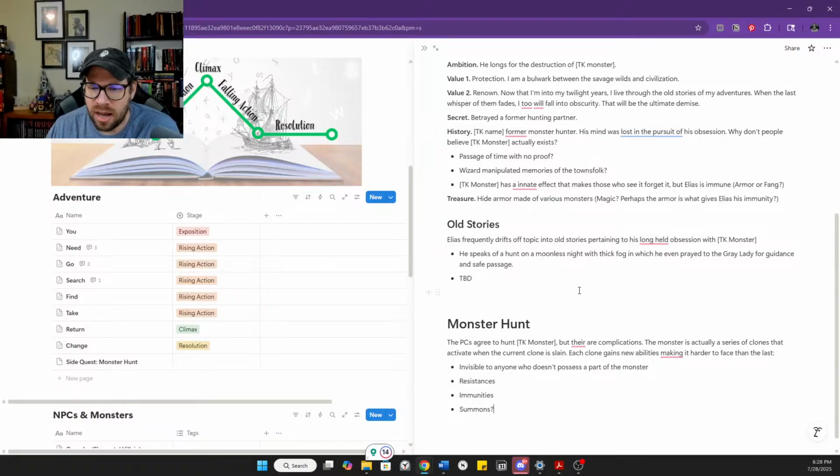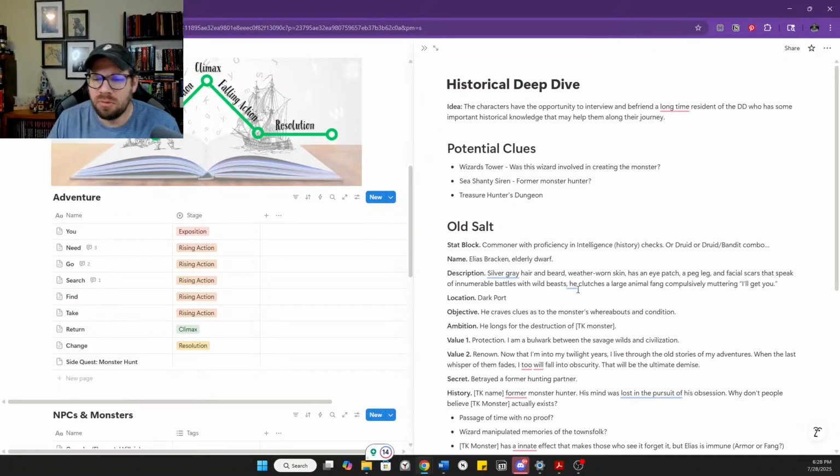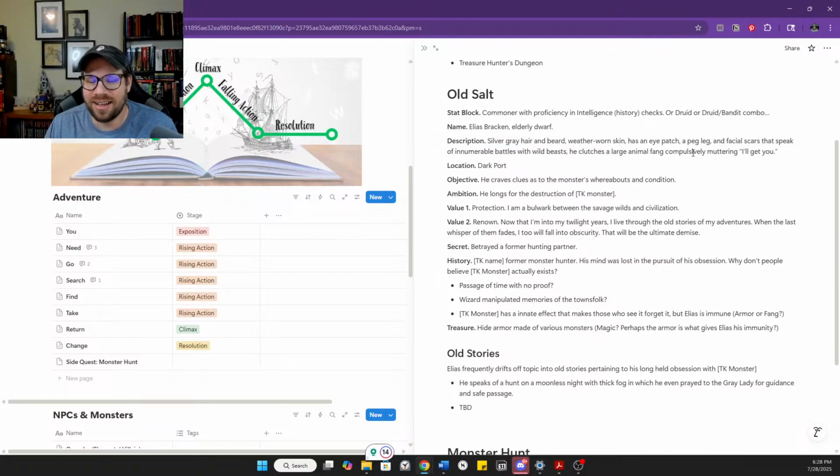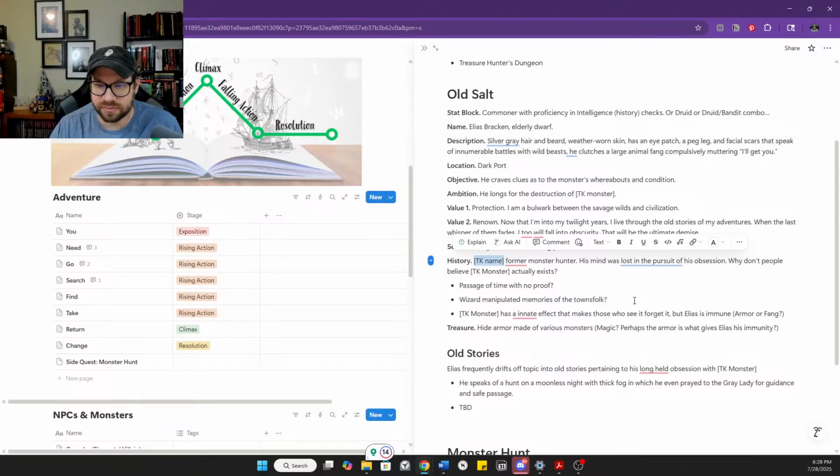Okay, so before we digress too much, because we're already half hour into this and we have not worked on Elias at all, let's knock out some of the things that we need for him. We don't need to come up with a monster name yet, because we're going to come up with that as part of the Monster Hunt story as we develop this creature. But I think we can fill in some of the gaps. So we figured out that his name is Elias.